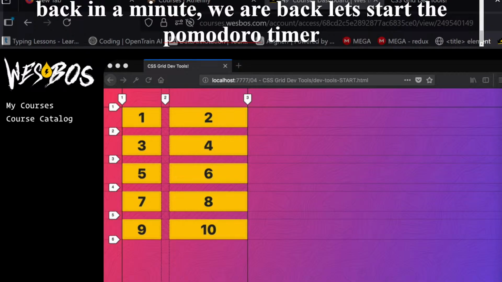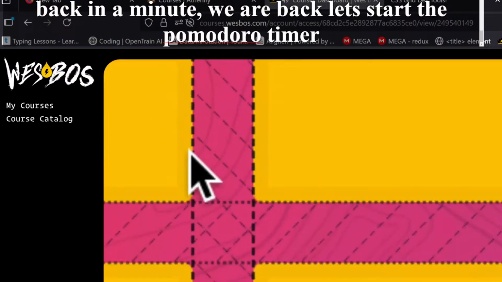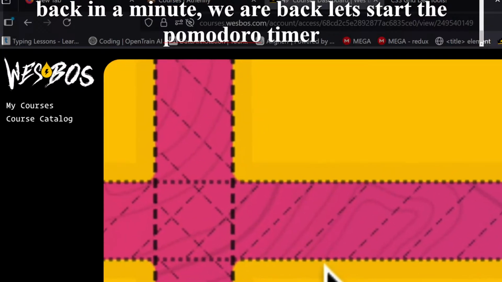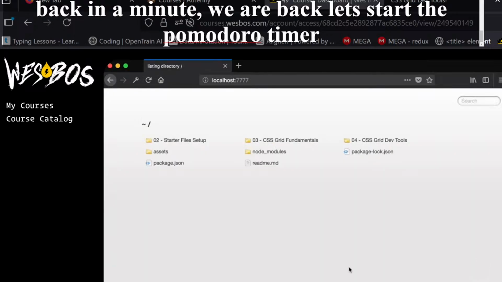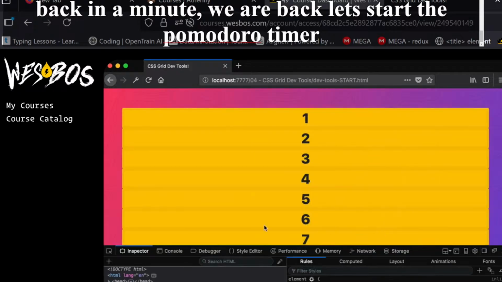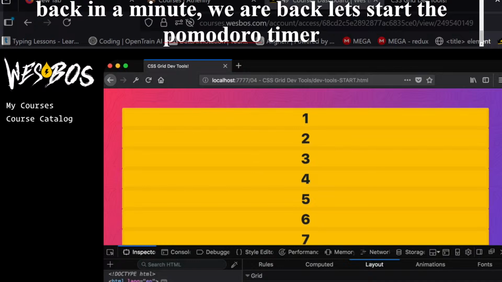The dashed lines means that it is an explicit track. So if I zoom really close in here, CSS grid, we're making these things that are the starter files. Inspect element, we'll displayed grid them in our base CSS. So no need to worry about those just for